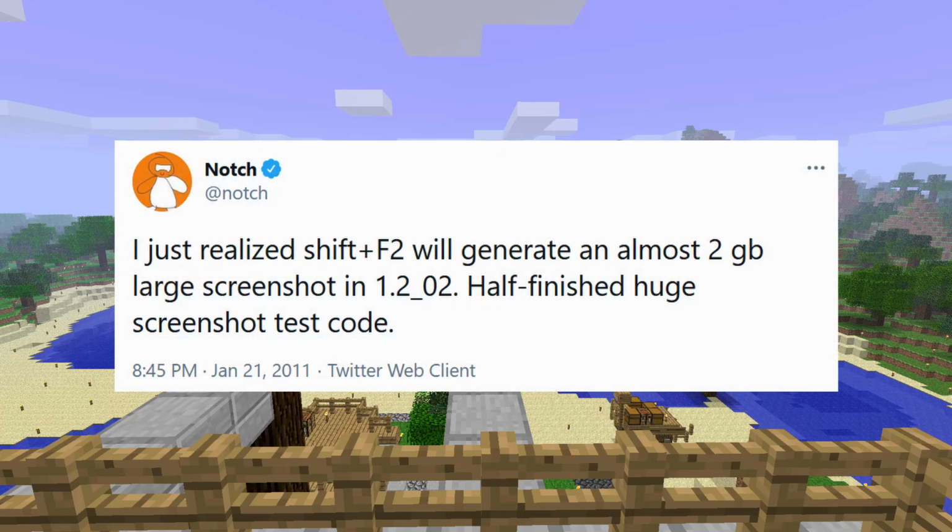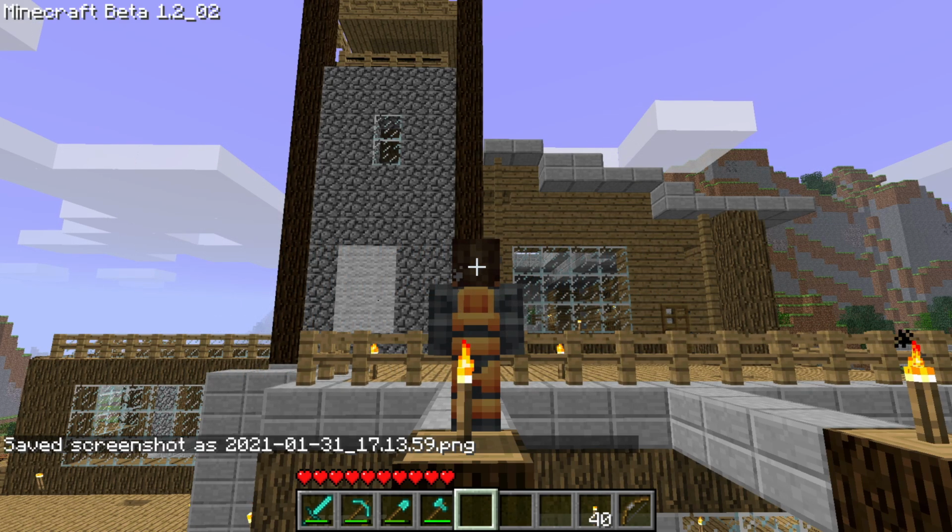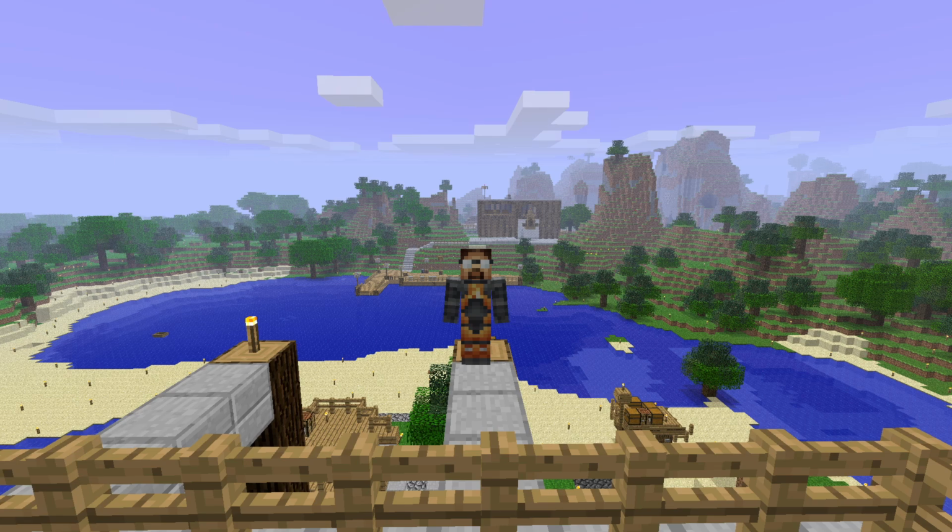Now, normally when you press F2, you get yourself a screenshot. You can see the date and the time that I've taken that screenshot, and it should be in the same screen resolution that I'm playing this game, which is currently 1080p. But if I use Shift F2, then this is going to take an absolutely massive high resolution screenshot. In fact, the resolution is going to be